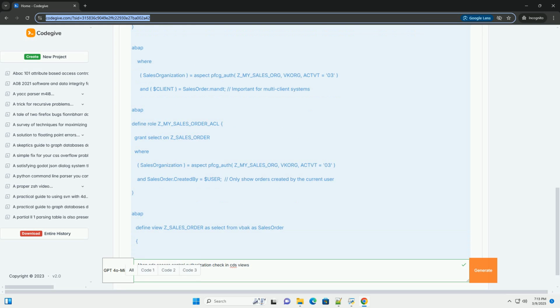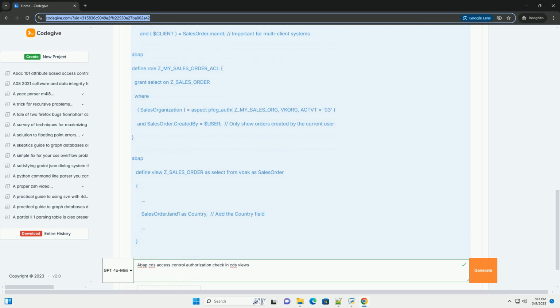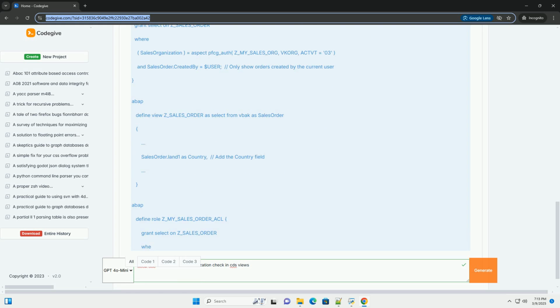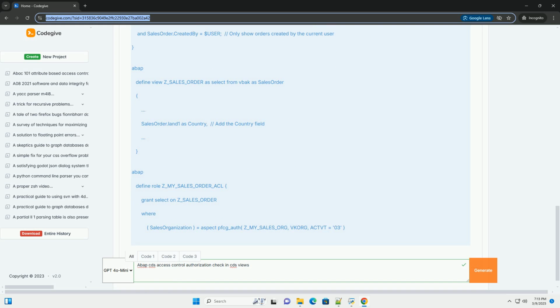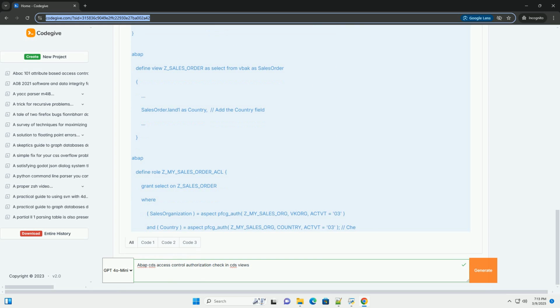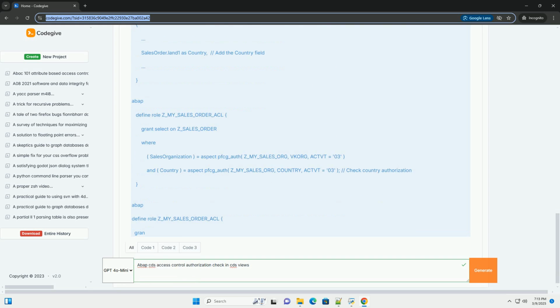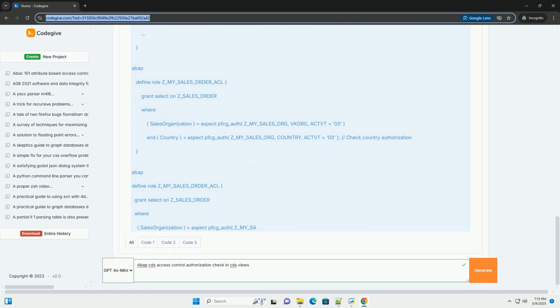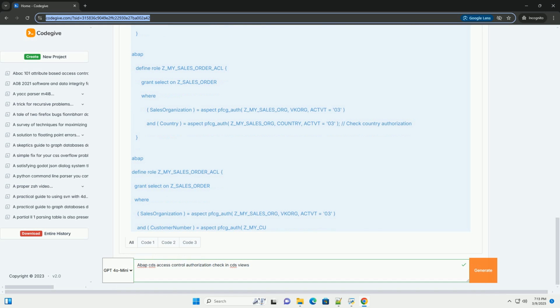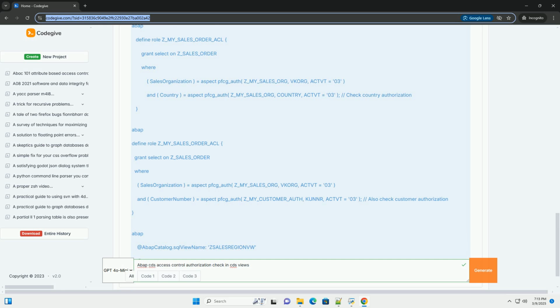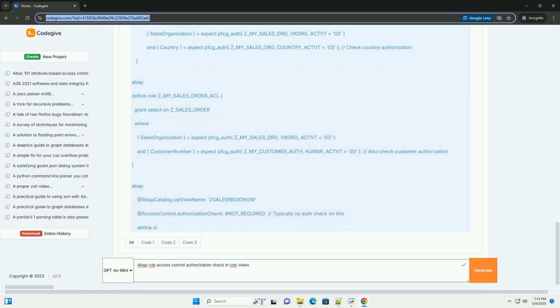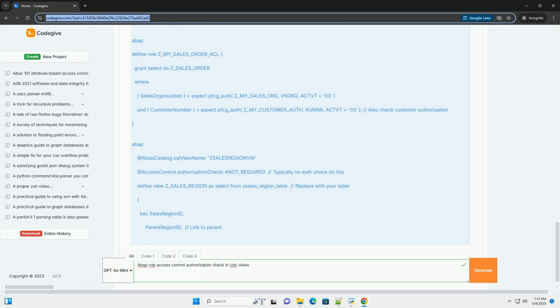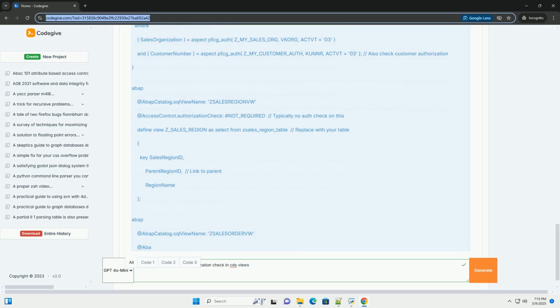1. Understanding CDS access control. CDS access control, built upon ABAP authorization objects, is a powerful mechanism for implementing fine-grained authorization checks directly within your data model defined by CDS views. It allows you to define who can access which data based on specific attributes and conditions, ensuring data security and compliance. Key benefits include: